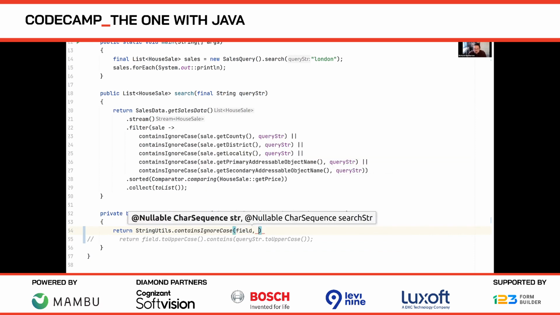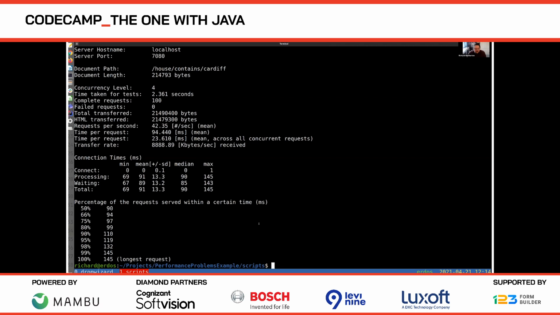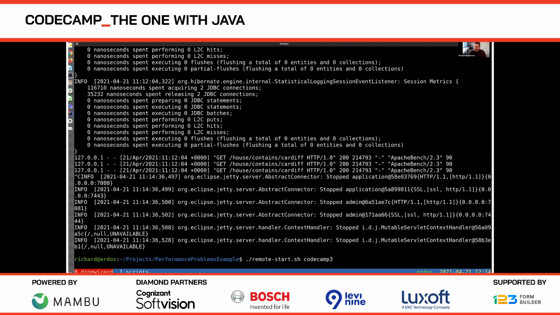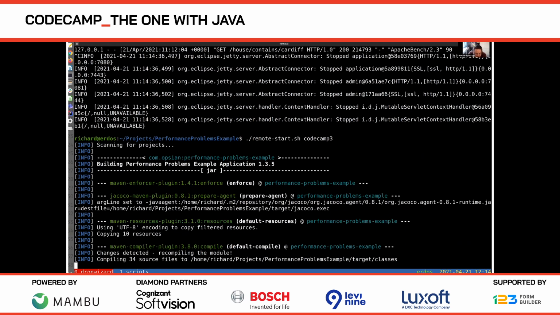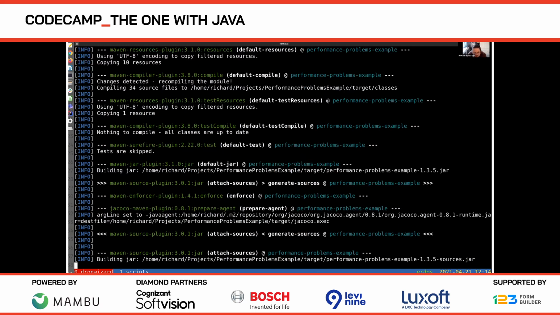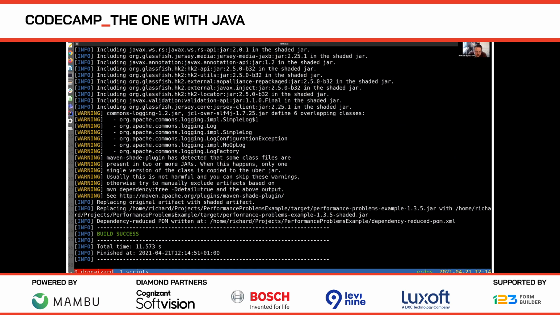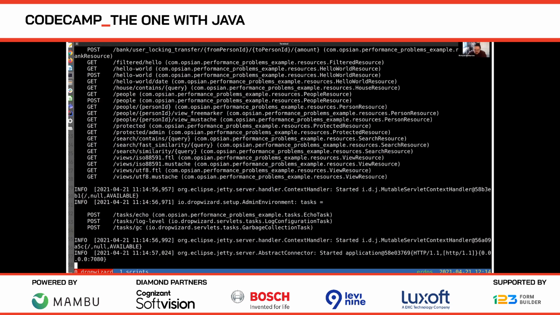We might have a look at that and hope that it is more optimized than the naive approach we've just done of a toUpperCase, then a contains, and then another toUpperCase. So hopefully using a third-party library is going to improve the performance of our system.